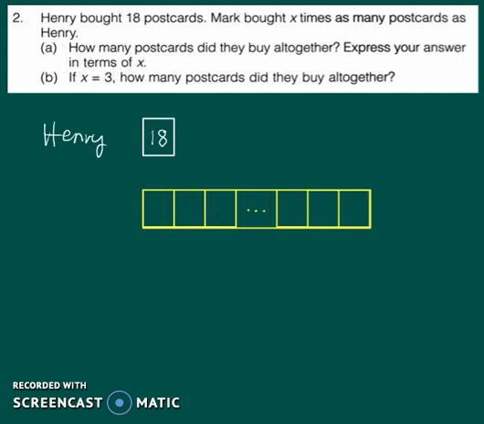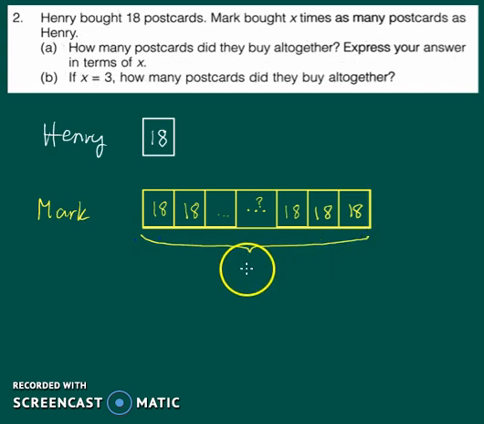So let's let this be Mark's postcards. So each of these rectangles represents 18 postcards, but we don't know how many there are. We don't know if there are 2 or 6 or 8 or 57 of them. That's why we're going to say that there are X of them. So there are X